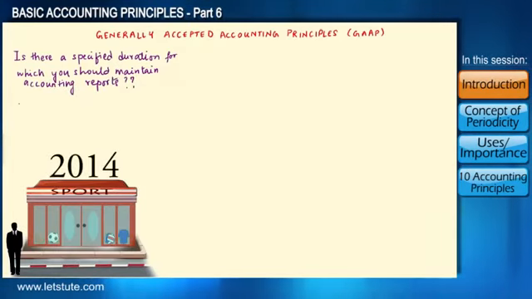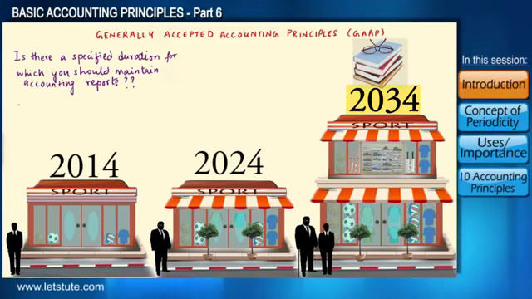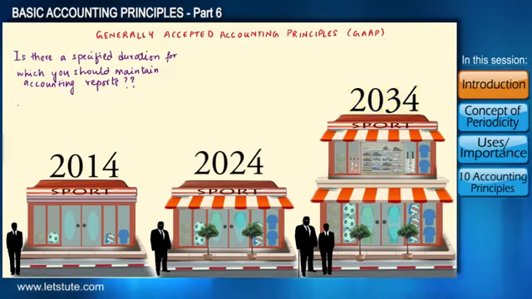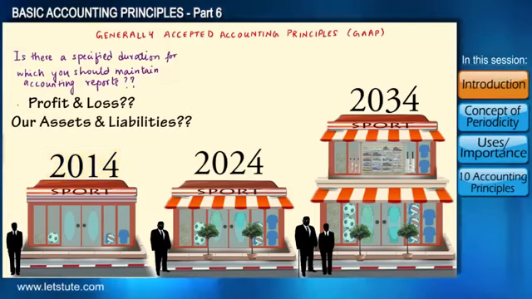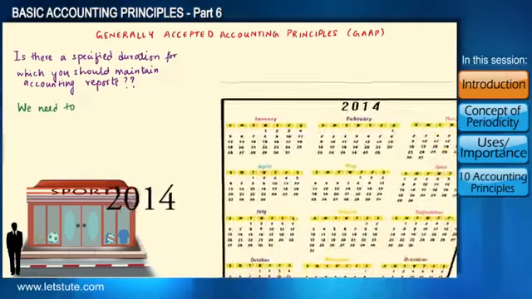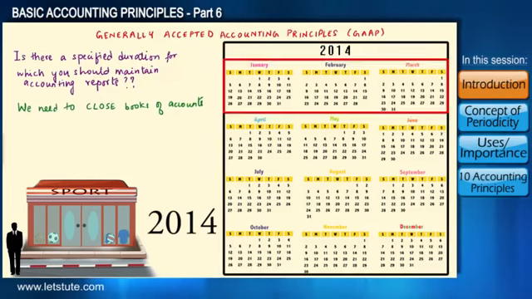Now, a business is ongoing and continuous. It is not practical to wait forever to balance accounting books, meaning to collate or finalize these accounting statements. If we did that, we would not be able to calculate the current profit and loss and know the overall status of assets and liabilities at any particular point of time.